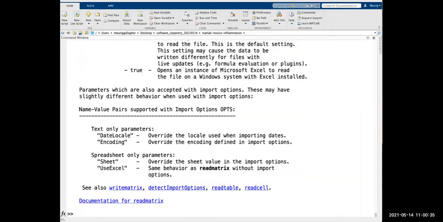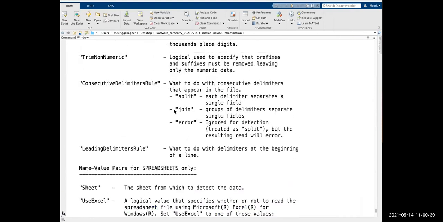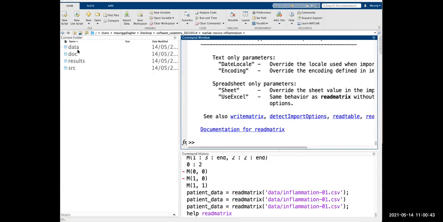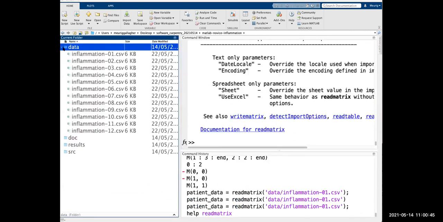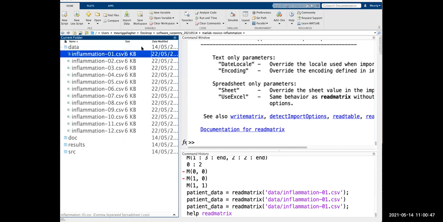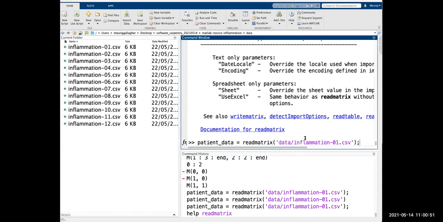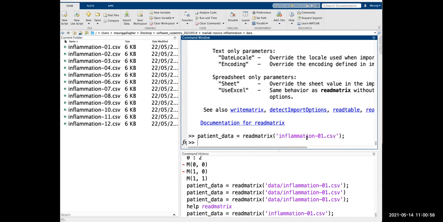Cool. So, Amarig, when I got the data, it gave me every file individually. Yes, I think on yours it shows data as a folder, but in mine, if I go into data, then it should have every file individually. So then I can do the read matrix command, and I just delete that data bit. Yeah, and that will work. Okay, I see. That's maybe why it's saying. Let me check.